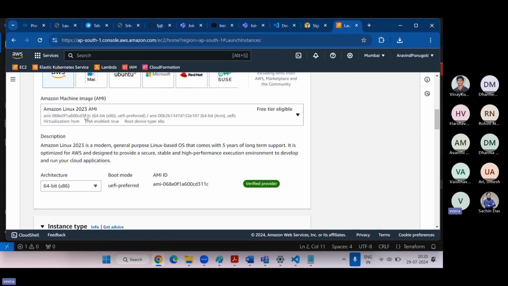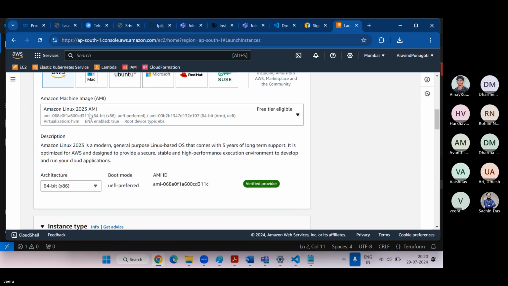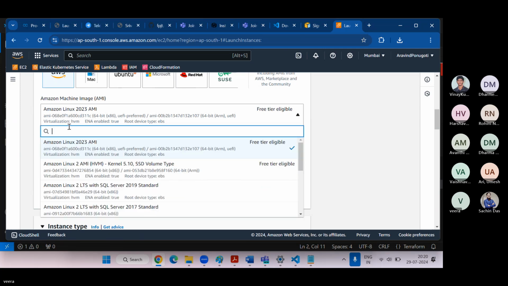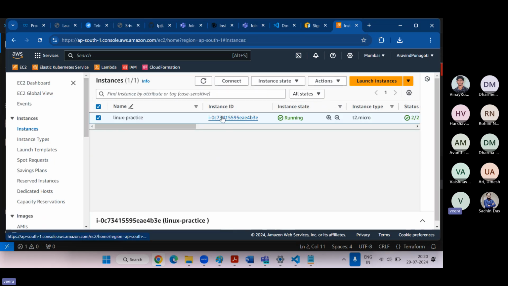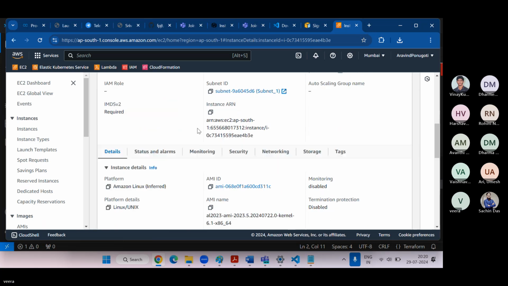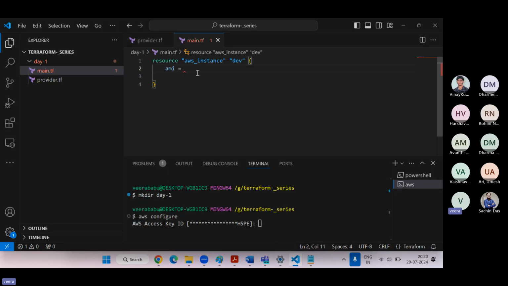Okay, anyway, no problem. I'm taking from here. Let's go to the existing one. AMI ID. So here you have to define the AMI ID. It should be under quotes only.